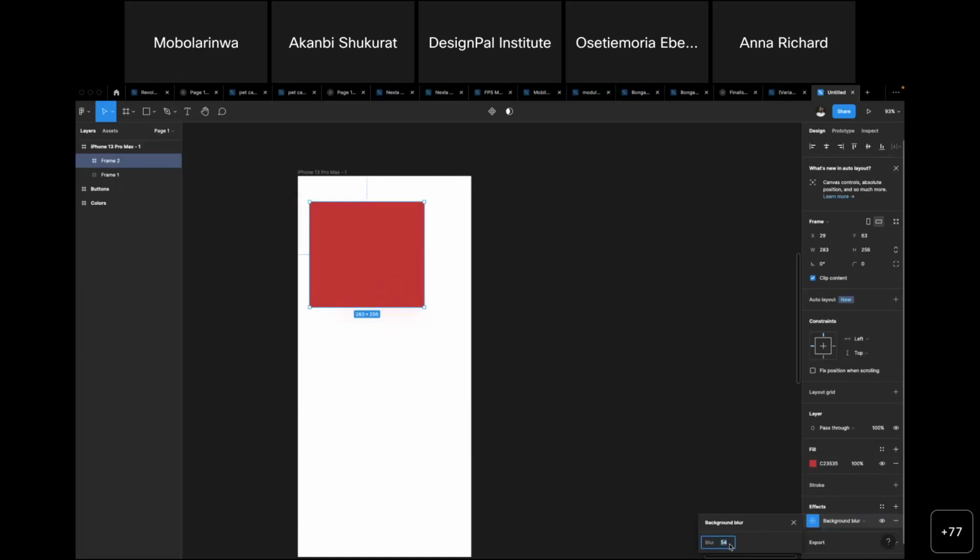So most times, your color is always like, let's say, 30%. So everything I have in the background will look blurry. But if I remove my effects, you can see what is in the background. If I put my effect back to background blur, you can't see everything behind it. It is always making it blurry. So those are the basic things in